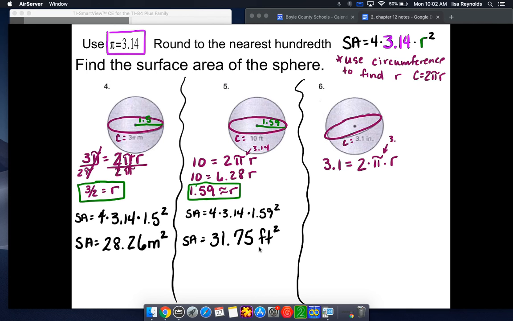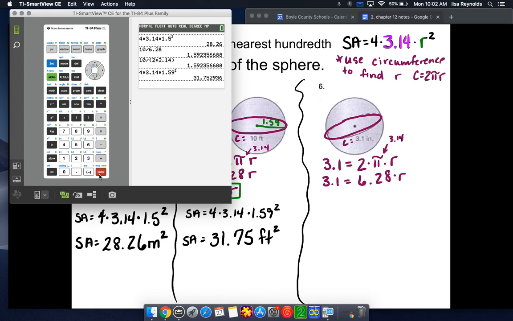And if we put in 3.14 for pi, we have our circumference equals 6.28 times the radius. We're going to divide our circumference by our 2 pi, 6.28,